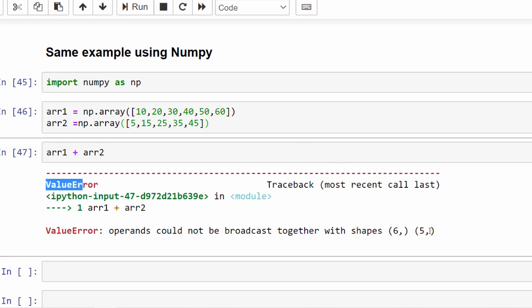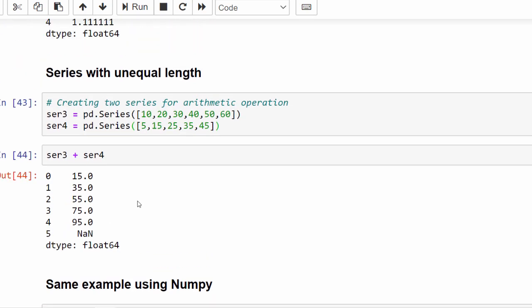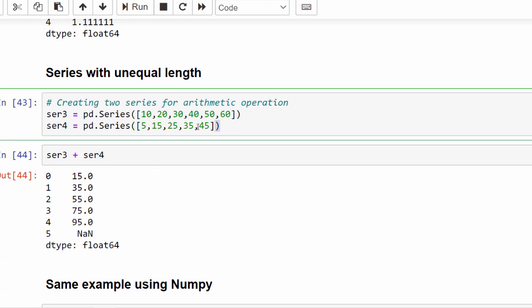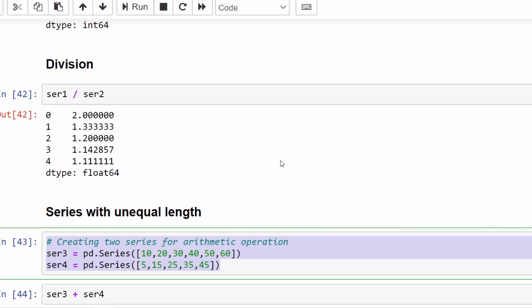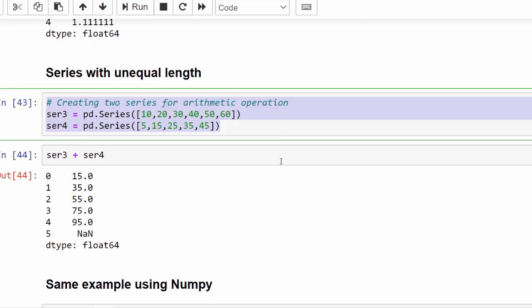Because it's one-dimensional data, array1 contains 6 and array2 contains 5 elements. Hence the shapes are different, we are unable to perform the operation. But in pandas, even though the shapes are different, using the broadcasting technique, it is able to add an unequal length also. And this particular broadcasting concept we use a lot. So make sure you're very clear on this concept.